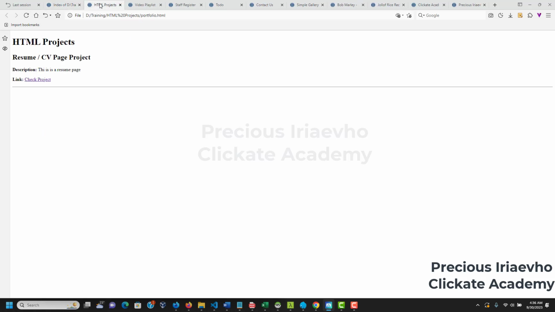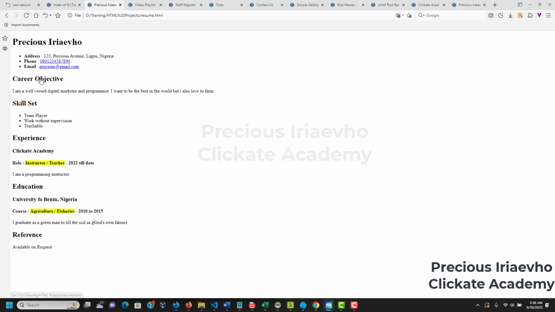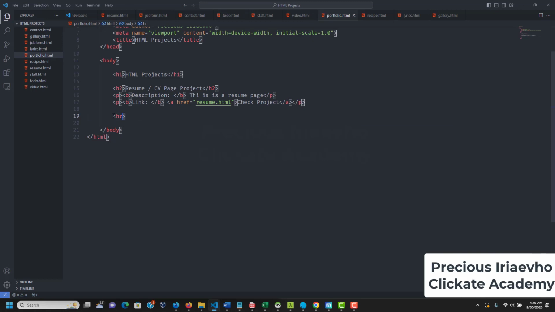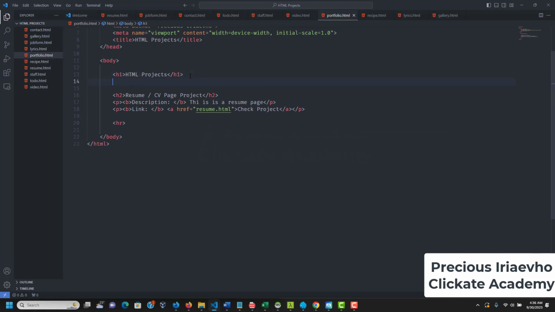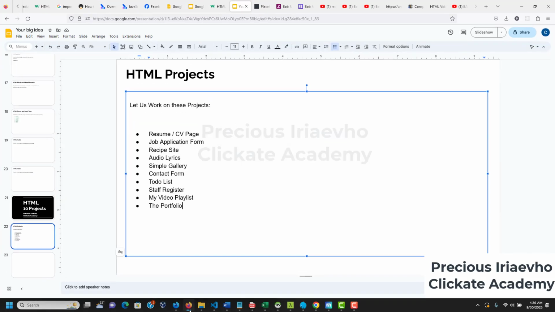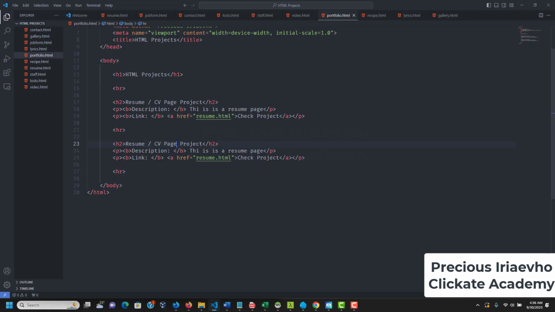So portfolio. As you can see, if I click on check project for resume page, you see it has gone there. Okay. So I'll put the H arrow at the top too. So let's do this again for one more. What's other project? The next one was job application form. So I'll say job application form project,